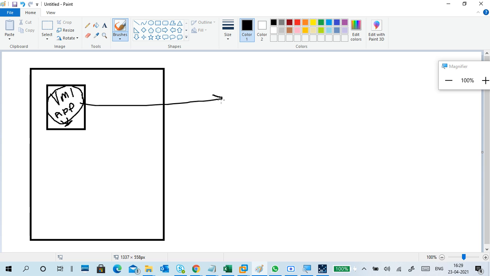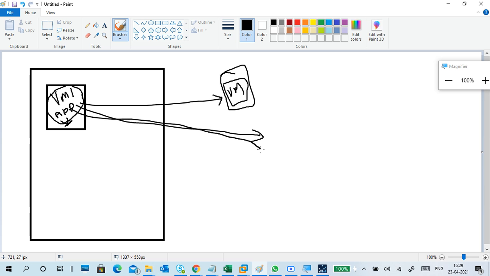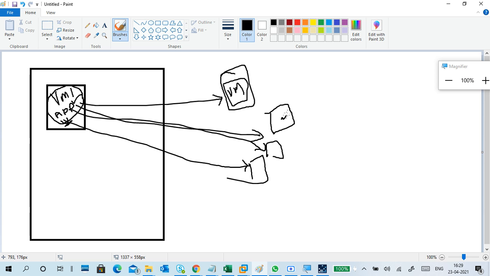So multiple users can access these virtual machines, applications or desktops, based on user profile, from their PCs. It will run here, and they can access it from their PCs.